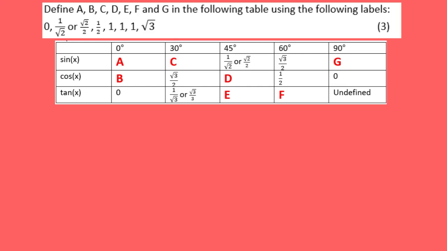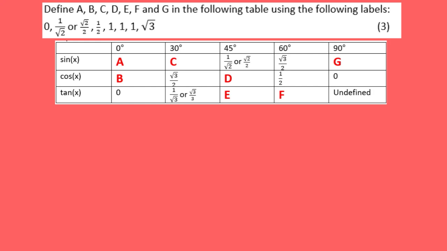For 3 marks, define A, B, C, D, E, F and G in the following table using the following labels: 0, 1 over root 2 or root 2 over 2, a half, 1, 1, 1 and the square root of 3. The table is the sine, cosine and tan of particular values: 0 degrees, 30 degrees, 45 degrees, 60 degrees